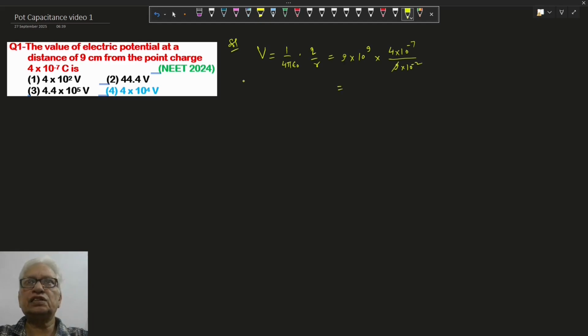So here 9 cancels out, 4 is there, so 10 to the power minus 7 by 10 to the power minus 2 gives 4 into 10 to the power 4 volts. Option